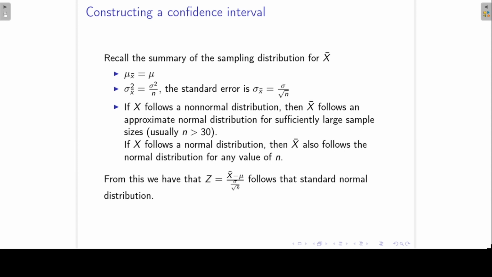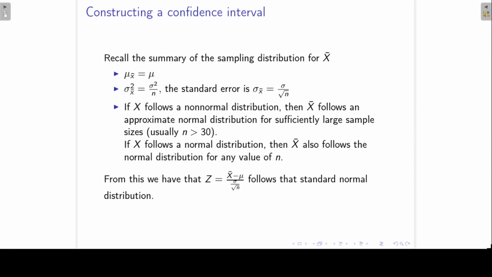In this lecture, we are going to construct a confidence interval for the unknown population mean mu. To be able to do that, we will make use of the sampling distribution of the sample mean x bar. Now remember that the mean of the sampling distribution of x bar is equal to the population mean. The variance of the sampling distribution is equal to the population variance divided by n, the sample size, and the standard error, which is just the standard deviation of the sampling distribution, is sigma divided by the square root of